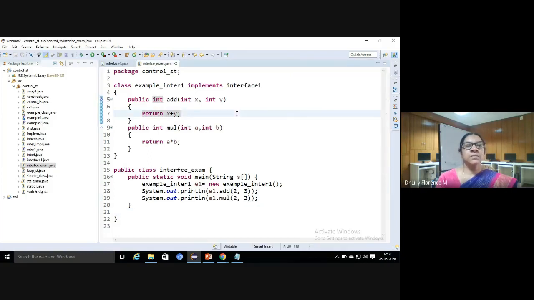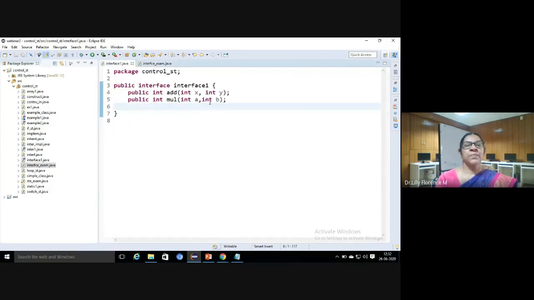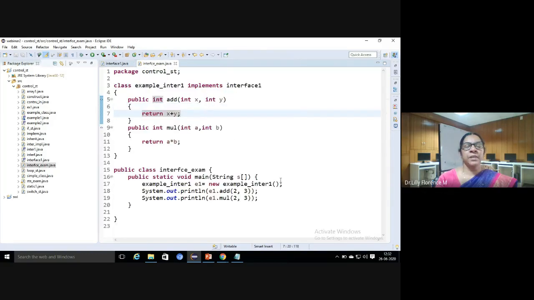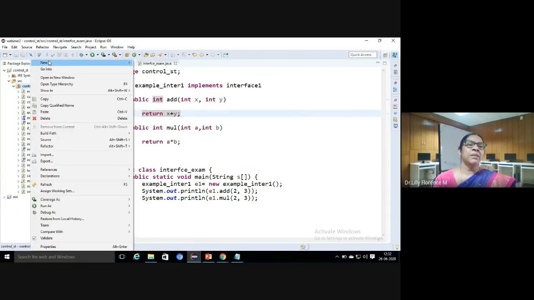So this is the way we can define an interface and implement an interface. See here, we can implement multiple interfaces. Suppose I am creating one more interface, Interface 2, with another method.